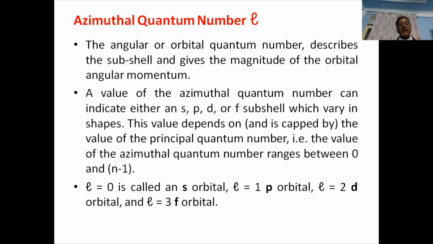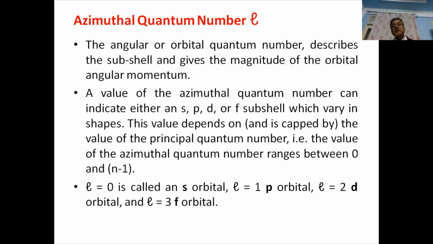So this is angular momentum, and we are talking about orbital angular momentum, that is, an electron revolving in an orbit around the nucleus. Now this has to be understood as different from what we call the spin. In the spin angular momentum, the electron or any body spins about its own axis. So the azimuthal quantum number indicates the quantum number for orbital angular momentum, and later we'll see that the spin quantum number is indicative of the spin angular momentum.